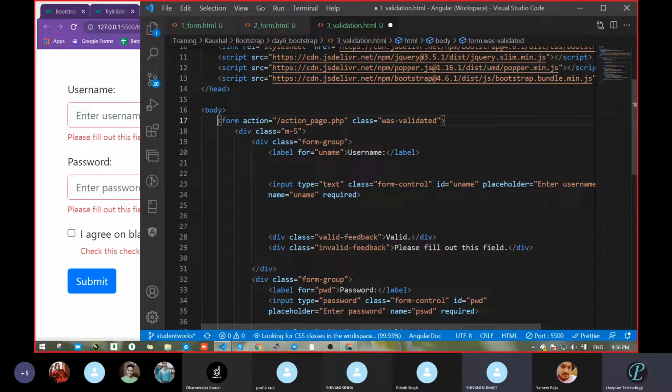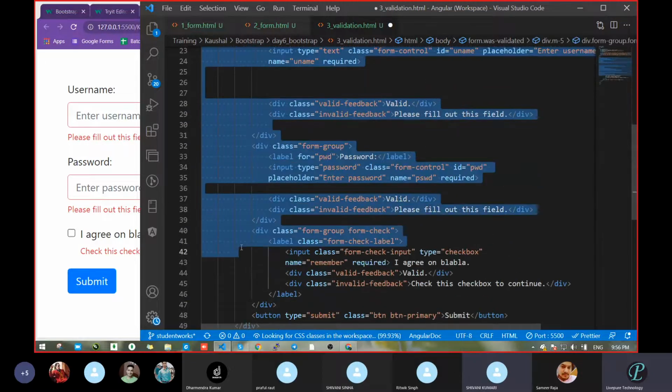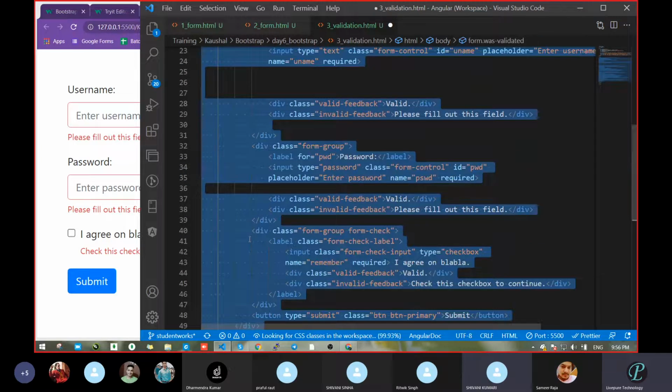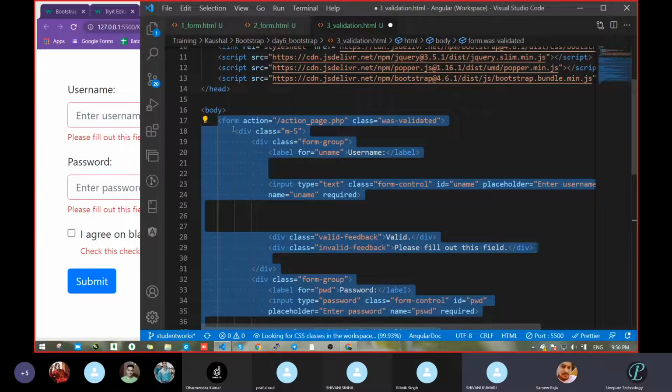And which parent? This form, because this form encapsulates all this div section, not only div section, all input fields. Got it? Because as you have a table and the table has tr and td, with the help of tr and td you can easily apply whatever style or property you want on each row, so first you go through the table, then you go internal like that.